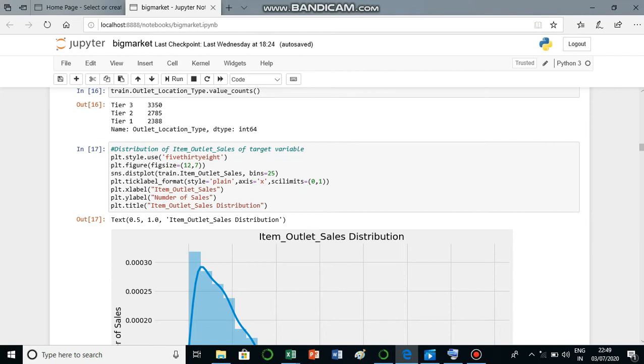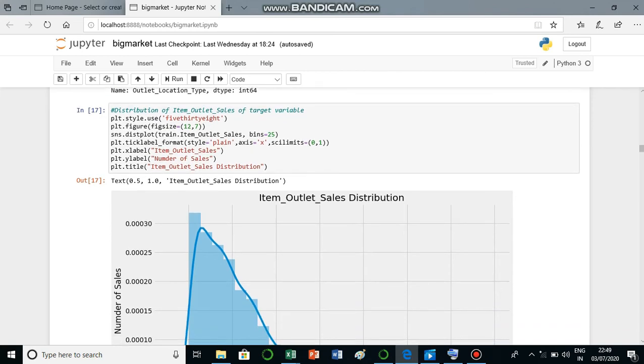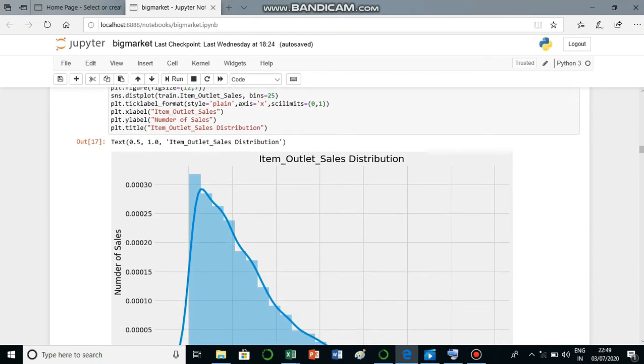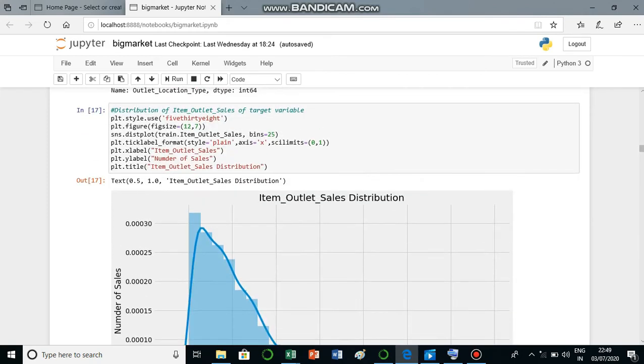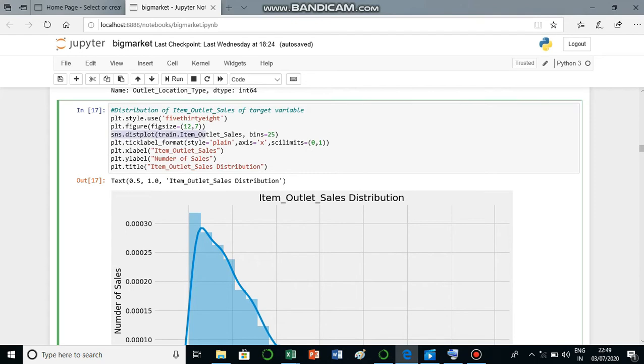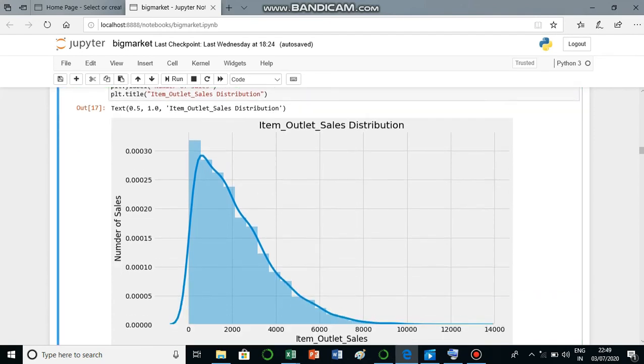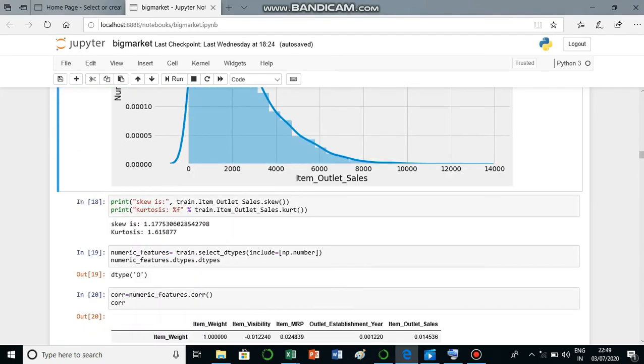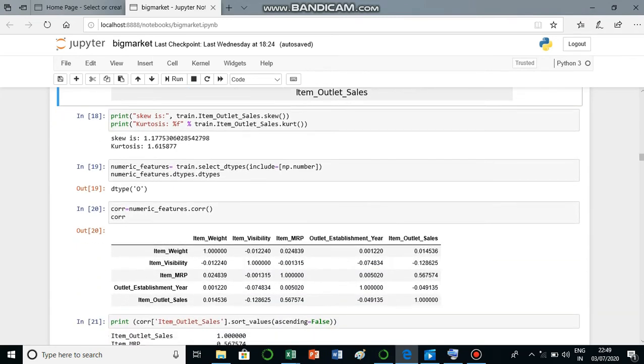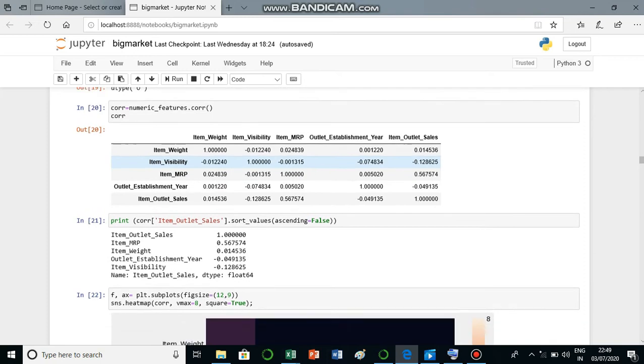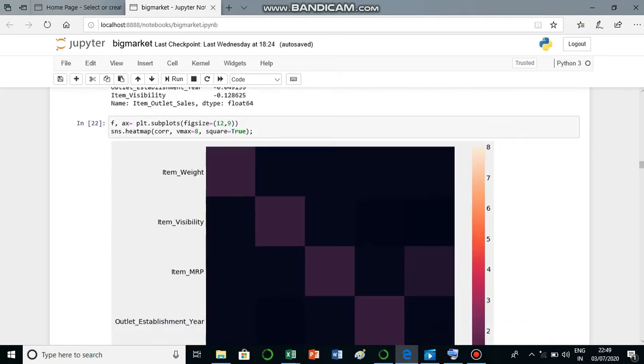Now we are analyzing each feature using graphs. So we have used plot to plot the graph. SNS is important in this. And then we are printing the skew and kurtosis values. This is another graph.